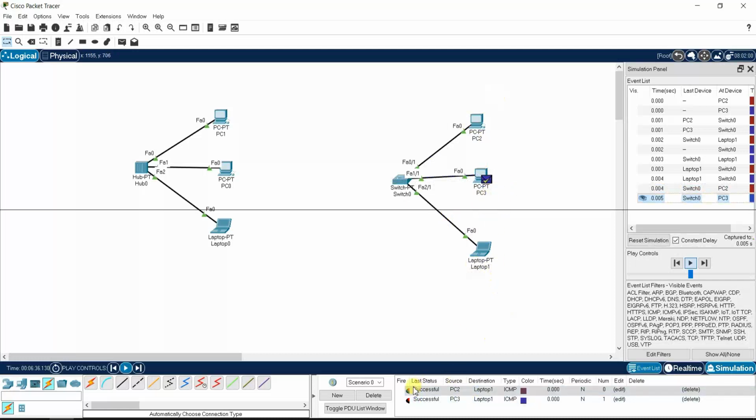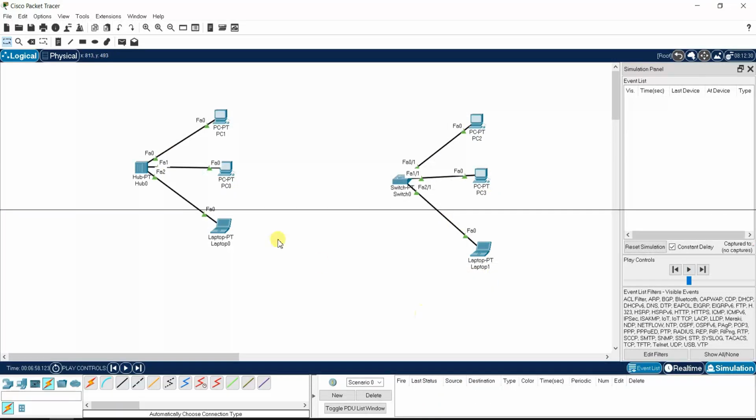You can see that both packets are successful, whereas in the hub it is not successful because of the collision, and the collision is detected using CSMA/CD. CSMA/CD is not used in a switch because the switch runs in full duplex, so no collision happens.